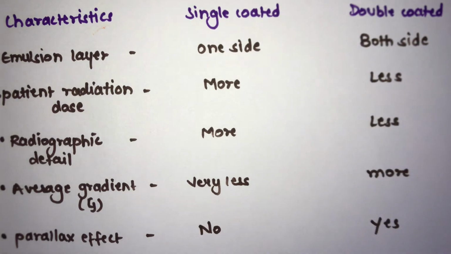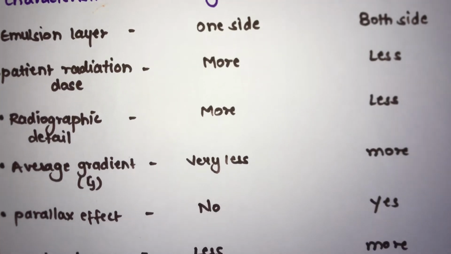It is dependent upon the parallax effect. Now what is this parallax effect? Parallax effect is nothing but the image being formed in two different positions for the same object when it is exposed to the X-ray. We have seen this parallax effect even in Clark's rule, in which there are two images formed of a single object. So this parallax effect you will find in the